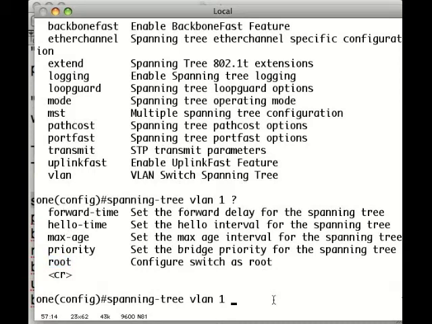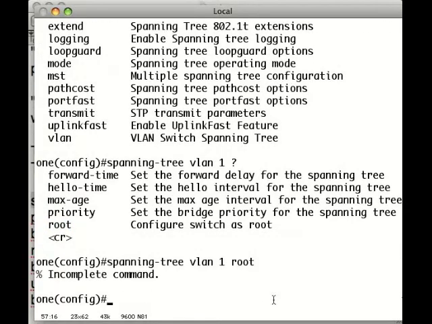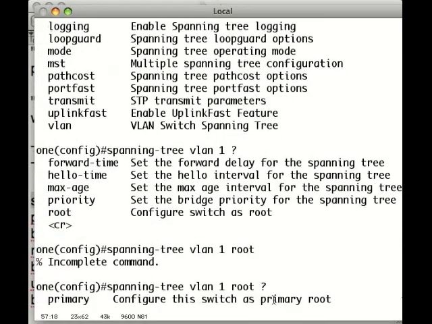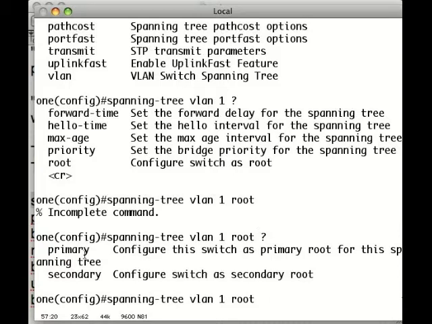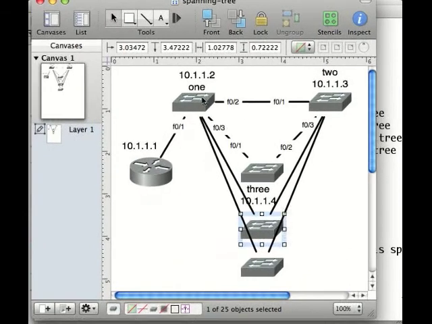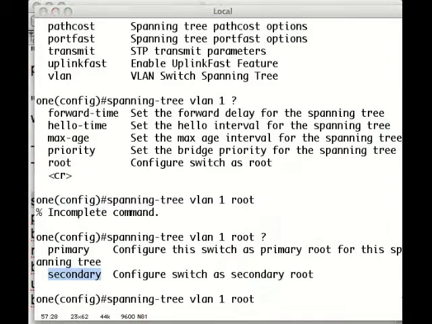So let me set spanning tree VLAN 1 root. And then I hit question mark, and I have a choice of a primary or a secondary. Now in my network designs, I always make the one on the left be the primary root, and the one on the right be the backup root. So I'm going to set the spanning tree VLAN 1 root, primary,